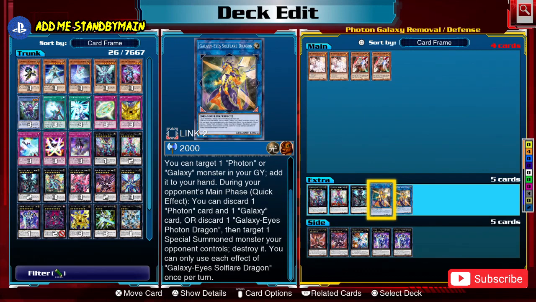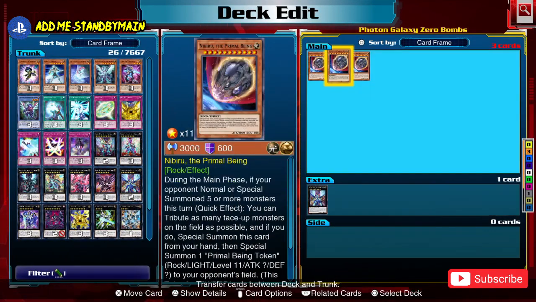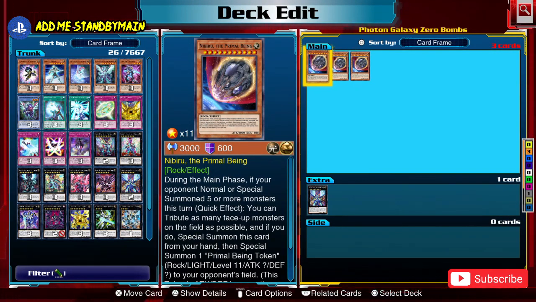they control. Finally, almost to the end of the build deck profile now, we have our bombs. The bombs are Nibiru, the Primal Being. Nibiru is a light-based monster, so it has synergy with the deck, and it is also just not a guarantee, but a really powerful way of just stopping opponents that overextend, that make it too hard for you to deal